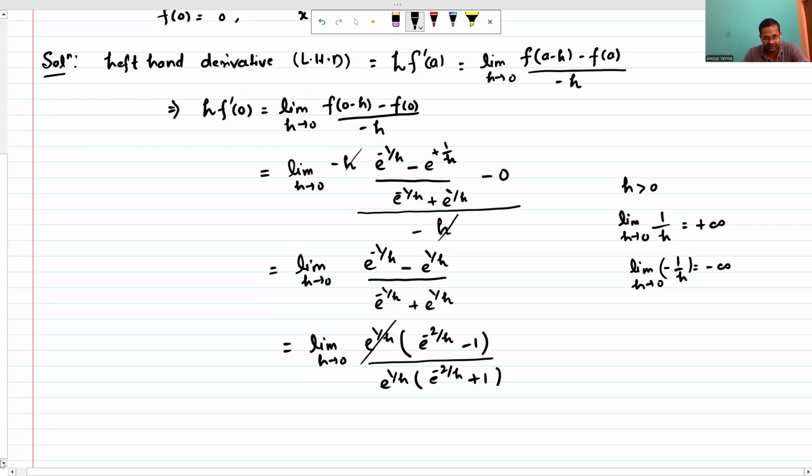So this thing will be cancelled out, एक दूसरे को हम कैंसिल आउट कर देंगे। तो यू हैव दिस रिमेनिंग, दिस इज limit h tending to zero, दिस इज e to power minus 2